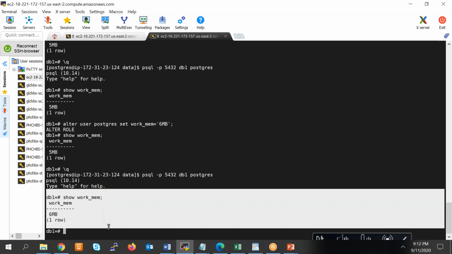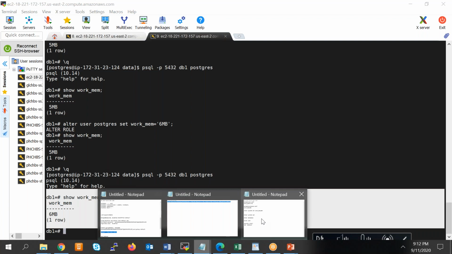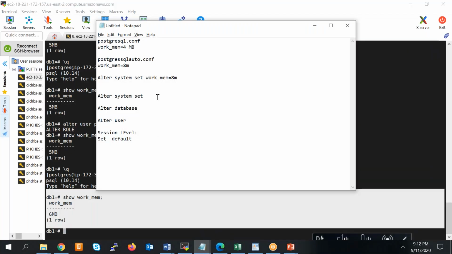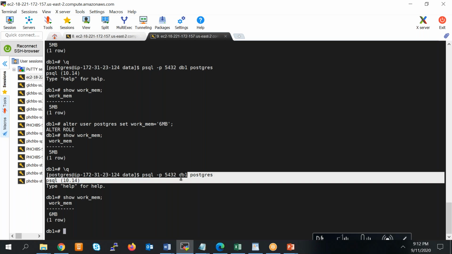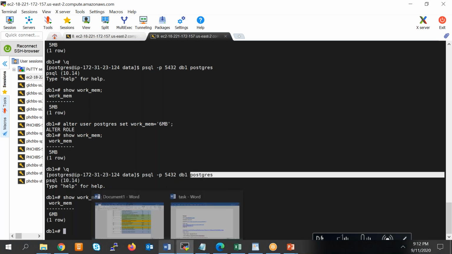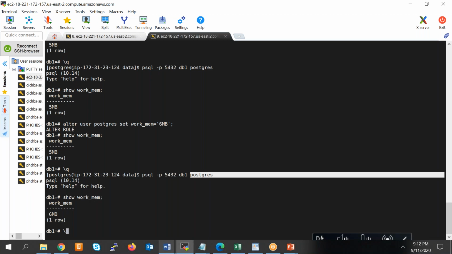Because it will go to the smallest level. We talked about this: first is the cluster level. The cluster level is overridden by the database level, the database level is overridden by the user level, and the user level is overridden by the session level. So the database property is 5 MB, but the user property is 6 MB, so it will take the user level. But if I am connecting with some other user, just like I said for db1,